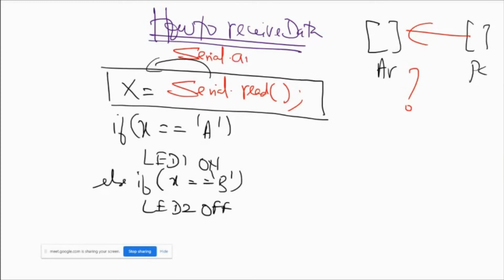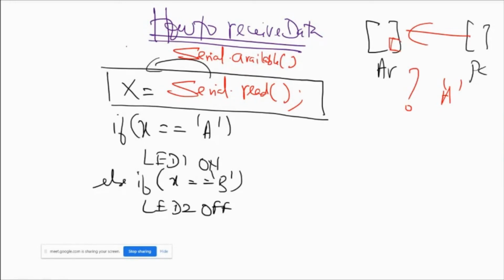Serial.available. The available function checks whether any data is available in the serial port. If the PC gives some data to the Arduino, let us say the PC transmits this character A, then it comes to the Arduino's serial buffer, something like your letterbox. So I am checking whether there is any letter in the letterbox. If there is any letter in the letterbox, then only I will read it.